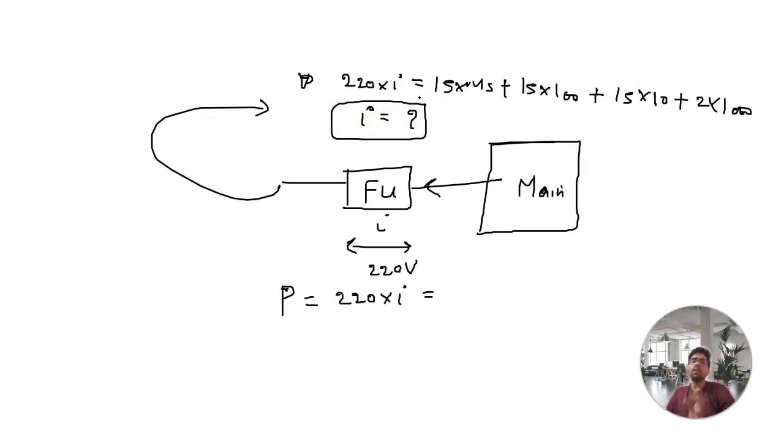In this question they are asking what is the fuse capacity of the fuse wire. Whenever they are asking about capacity, they are asking the value of current. So this is the maximum value of current. If the current is more than that, then the fuse will melt and all your appliances will be safe.